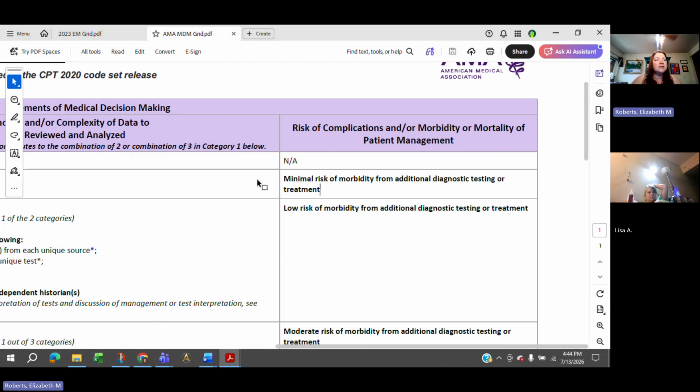Minimal risk is going to be essentially go home and take a nap, right? If it's a bug bite, don't scratch it. Maybe put some lotion on it. Minimal risk is the patient's going to be okay. Low risk is where we see over-the-counter medications, potentially vitamins, supplementation, wound care, an ACE bandage wrap. Usually we're going to see things like referrals to specialists fall into the low risk category. So like, the patient's got hypothyroid and her levels are funky, and so we're going to refer to an endocrinologist. That would be low risk.